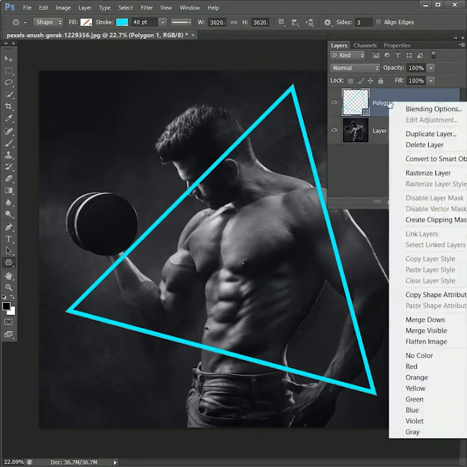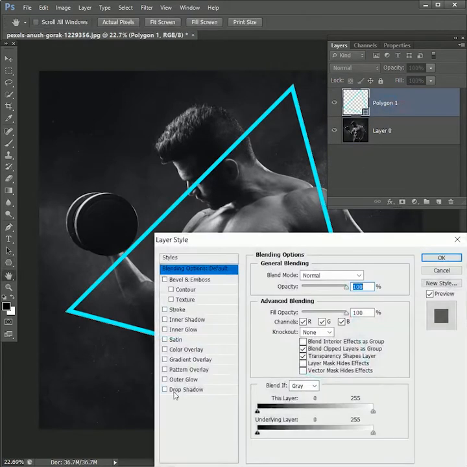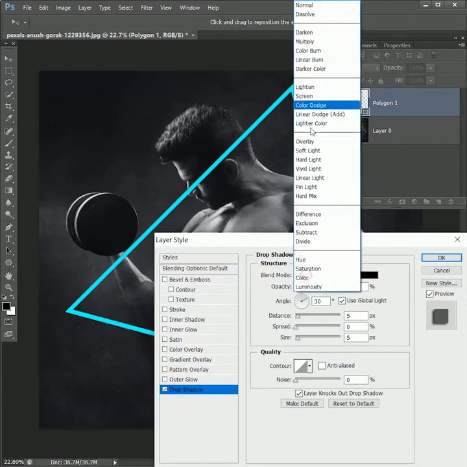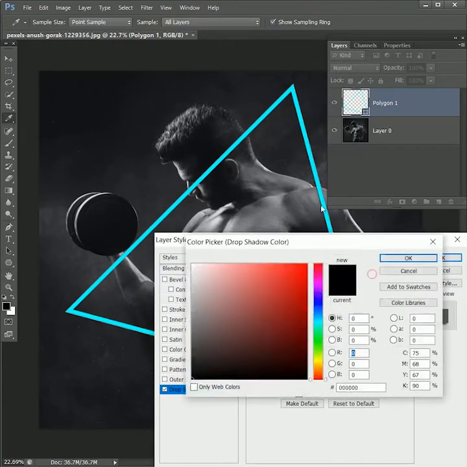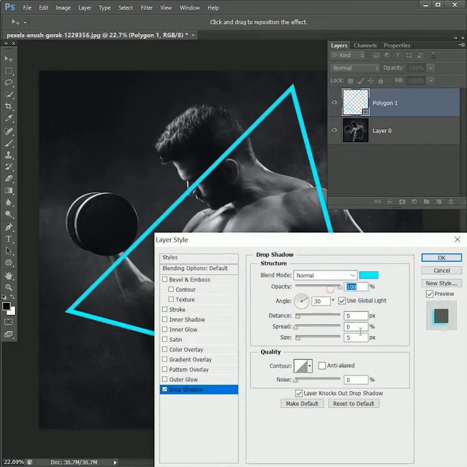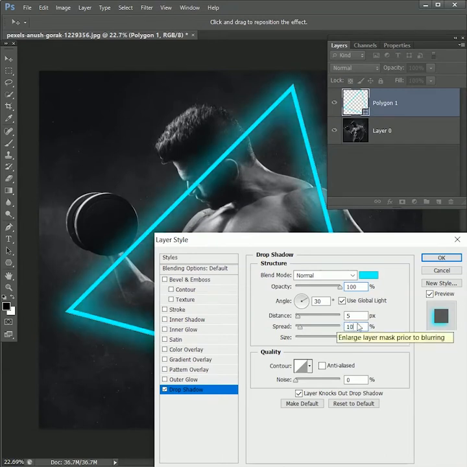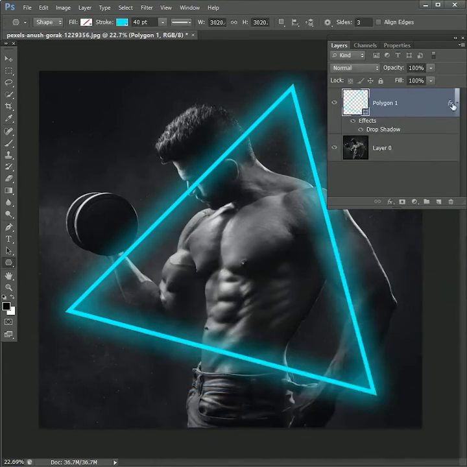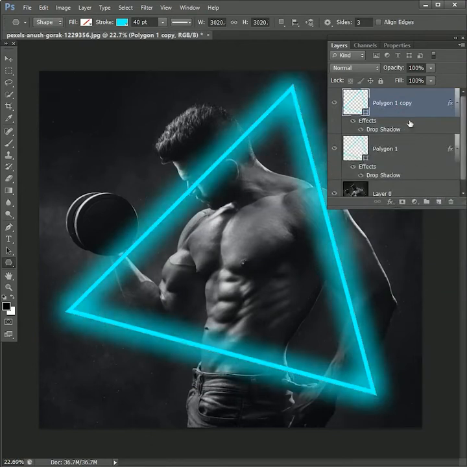Right click on the layer, open blending options. Tick on drop shadow. Set the blend mode to normal and pick the same color from the shape. Hit OK. Set the opacity to 100%, size 250 pixels, spread 10%. Hit OK. To increase the glow effect, drag the layer to the new layer icon to create a duplicate